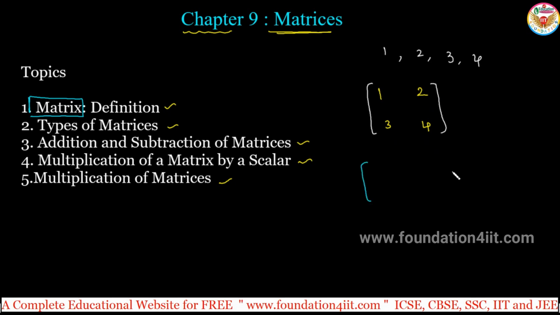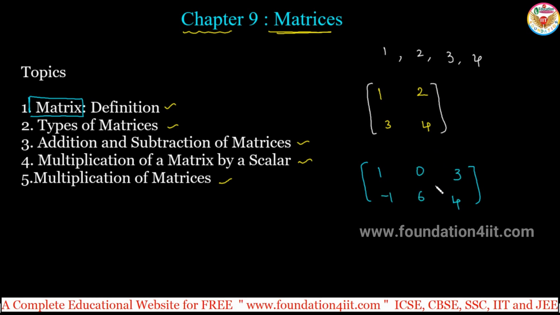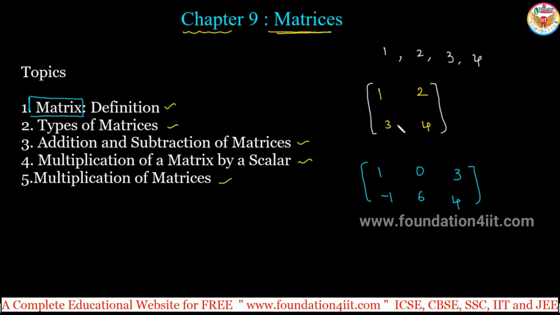See another example. I arranged 1, 0, 3, minus 1, 6, 4. There are a total of 6 numbers arranged in rows and columns: 2 rows and 3 columns. So a matrix is a rectangular arrangement. Even a square is also a rectangle, right? So an arrangement of numbers arranged in rows and columns